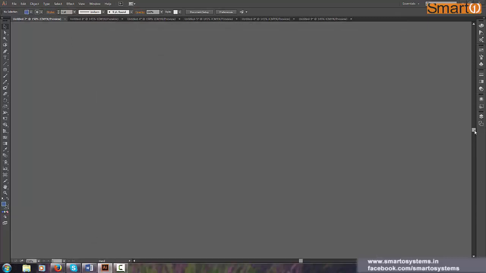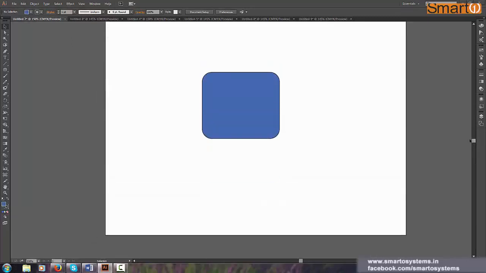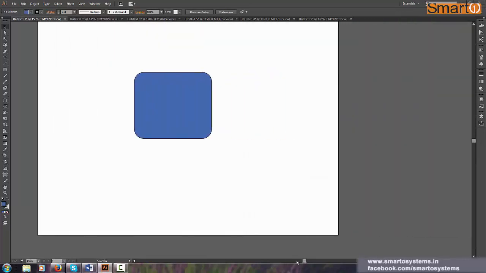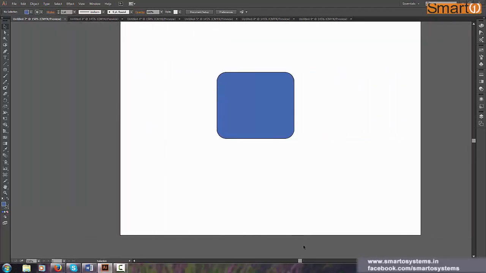With the scroll bars, you can navigate either up and down, or left and right. So it's again personal preference, whichever suits you best. I generally like holding space and left mouse click, that works best for me, and Control negative, Control positive for zoom in, zoom out. You can have your own option, that's no problem.